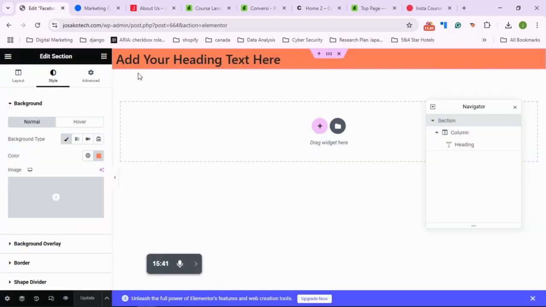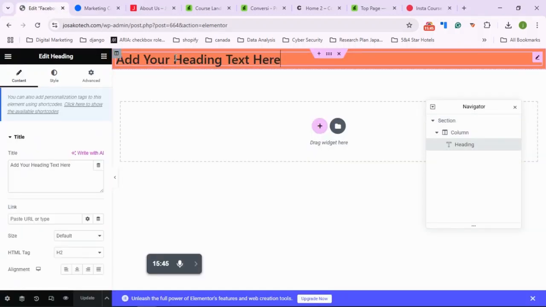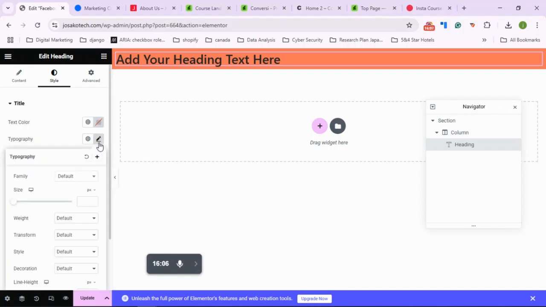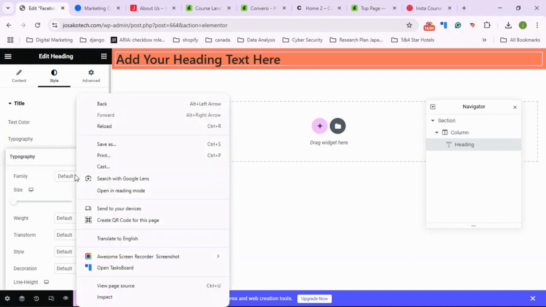in Elementor, but with Elementor Pro, you can add your own custom font. I'll select my header here, make sure I'm in the right section. Then I will go to title, then typography. Typography is basically when you want to add the design of your font. So I will see, change its default,